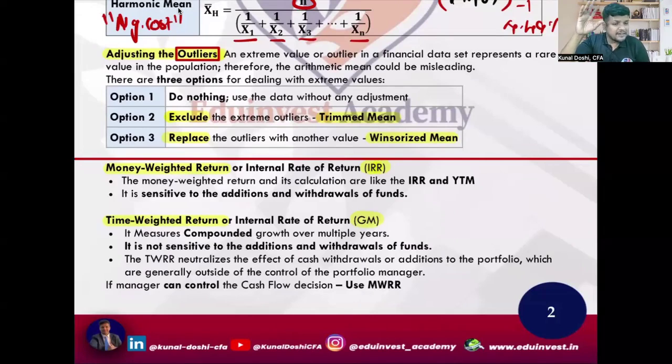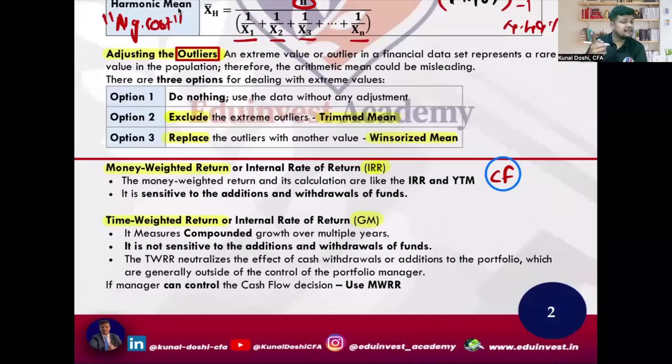Now, before I jump into money weighted and time weighted, please keep in your head: what is money weighted rate of return? IRR. What is time weighted rate of return? Geometric mean. I'll repeat, money weighted rate of return is IRR. Time weighted rate of return is geometric mean. However, when I show you the technique in some of the questions, understand that when we calculate money weighted rate of return, it is very important that you think from the cash flow point of view. Just note it down right now. I'll explain it later.